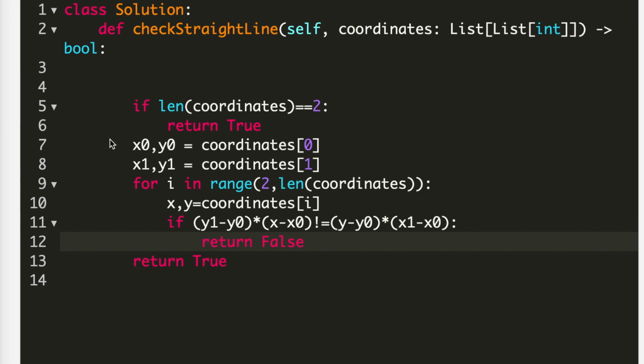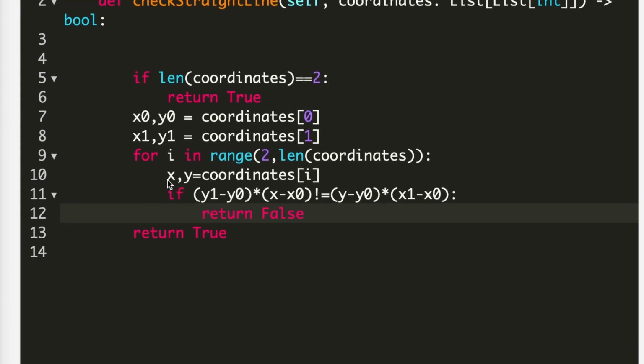Then I define x0, y0 as the coordinate at index 0, and x1, y1 as the coordinate at index 1. Then I loop through the coordinates and assign x, y as the coordinate at index i. Every time I check the slope between the first coordinate and the coordinate at index i, and if the slope is not the same, then I simply return false, else I return true.